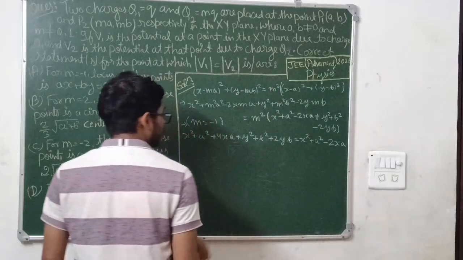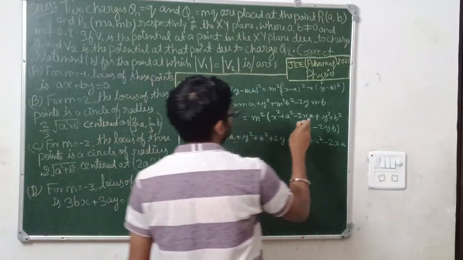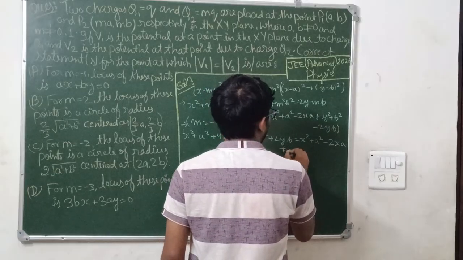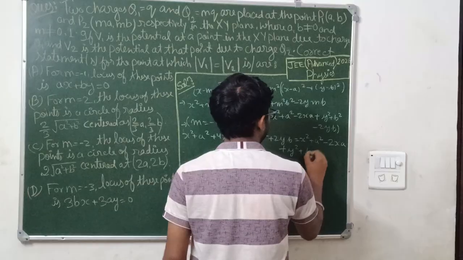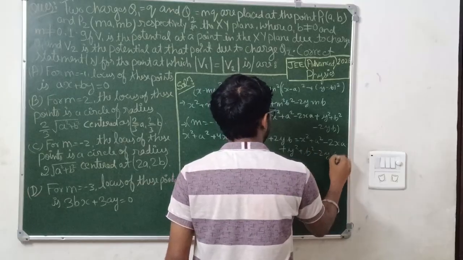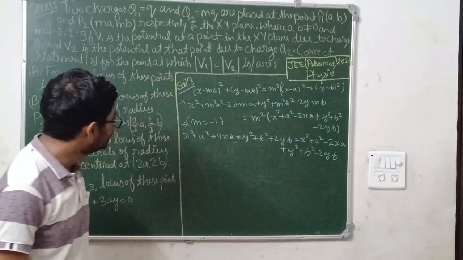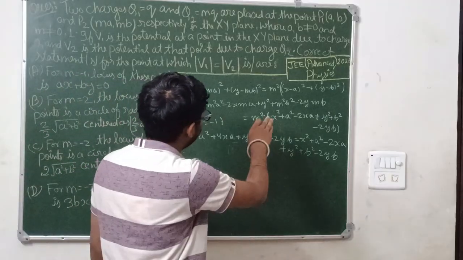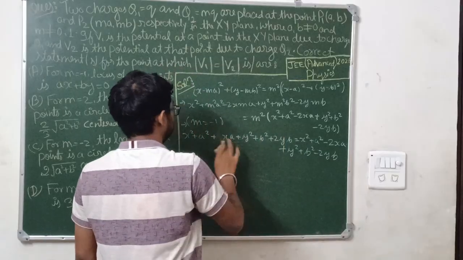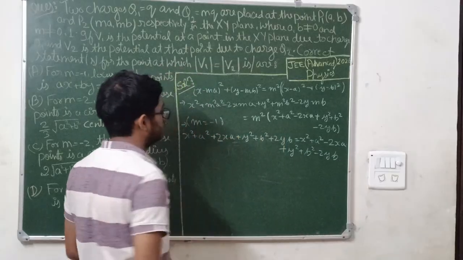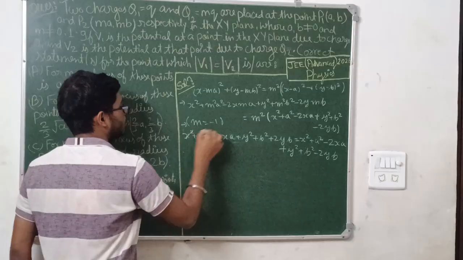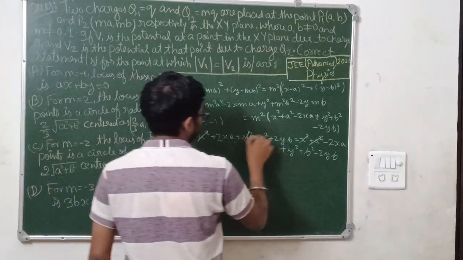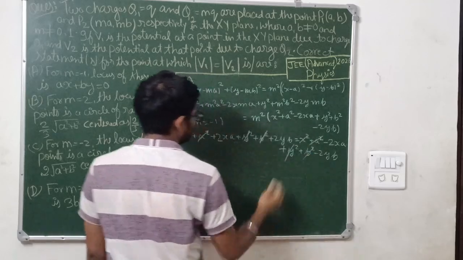Okay, it is 2xa only, no? Yeah, it is 2xa plus y square plus b square minus 2yb. Okay, now this becomes x square 2yb. Sorry, there is 2. Now see, if you compare, x square a square cancel, and y square b square cancel.